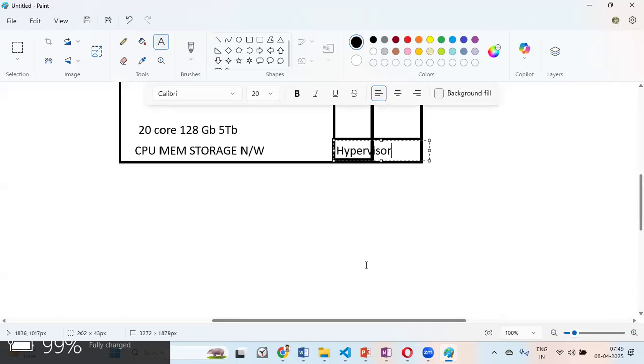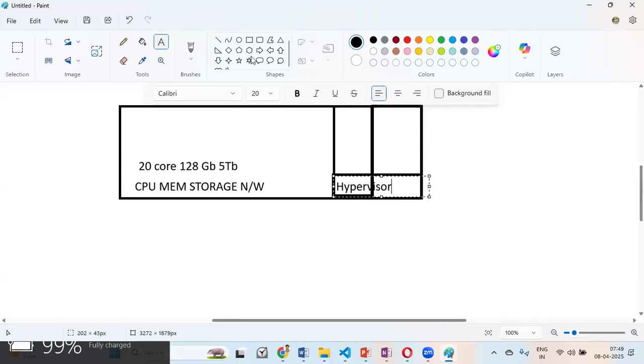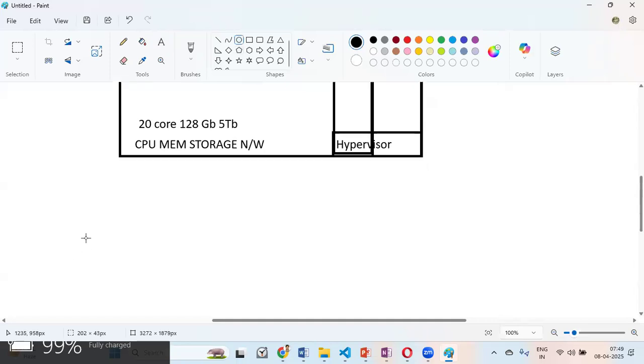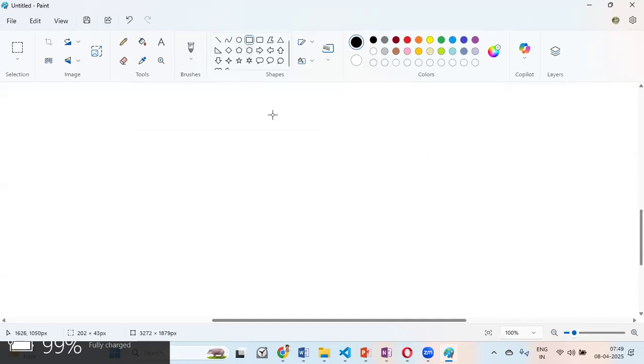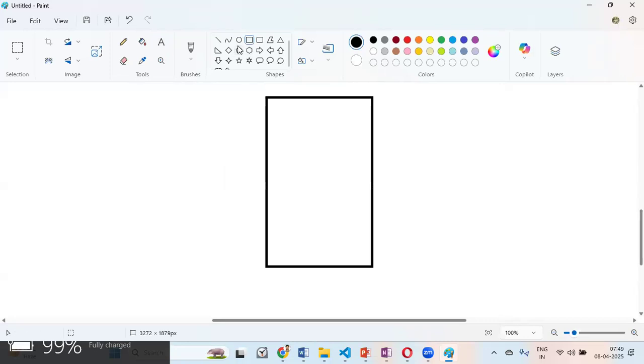But still, there was a catch. What is the catch? Whenever an application is deployed into a virtual machine, let's say this is a virtual machine. What is a virtual machine? A virtual machine has a certain amount of CPU, RAM, and storage, but also a core operating system within it. All the processes will be working on the operating system.